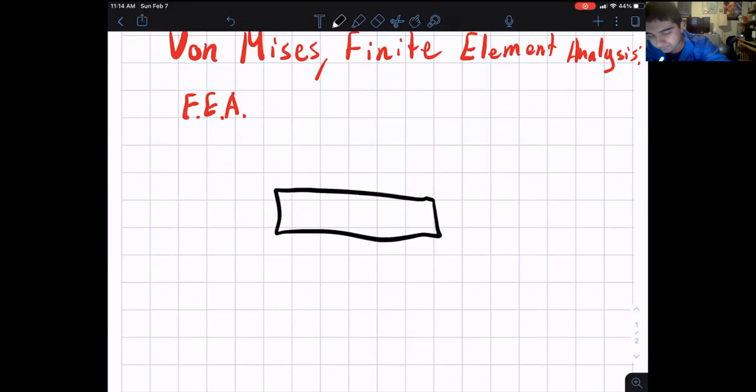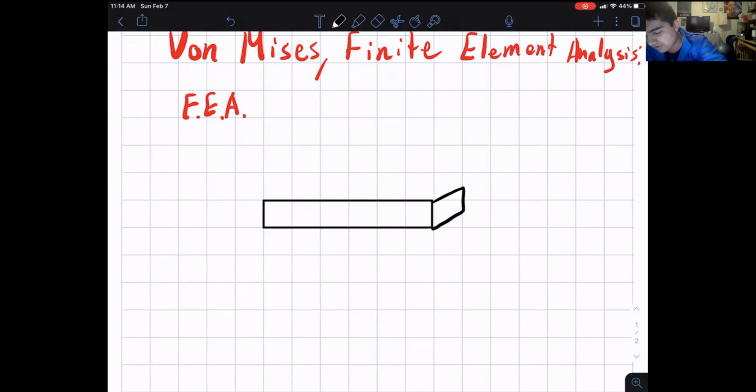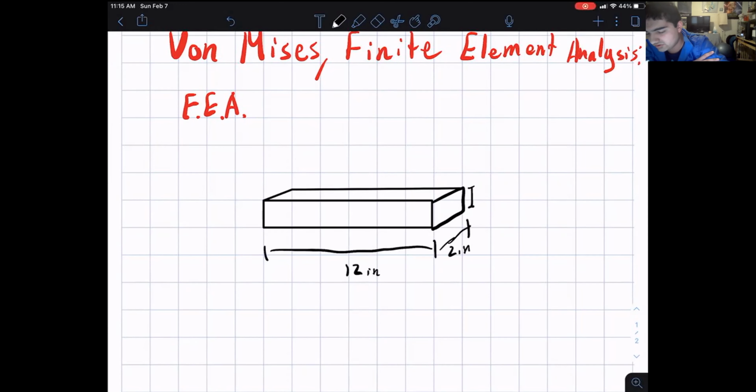Let's say that we have a rectangular prism of aluminum, 6061 aluminum, usually most common in manufacturing. Let's give it dimensions: let's say it's a foot, so 12 inches, and that it's 2 inches, and then this is 1 inch. Perfect. Now that we've defined this, and the dimensions are really arbitrary,